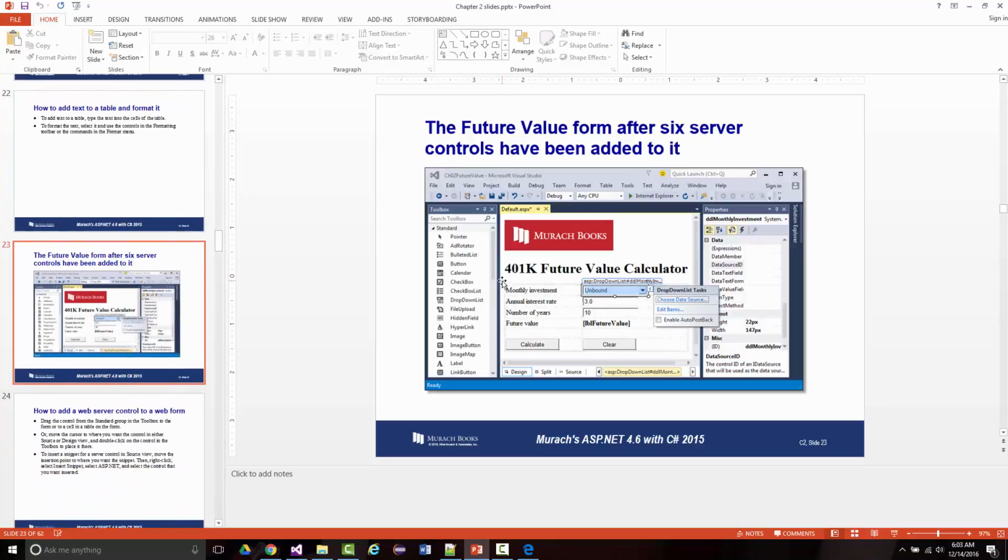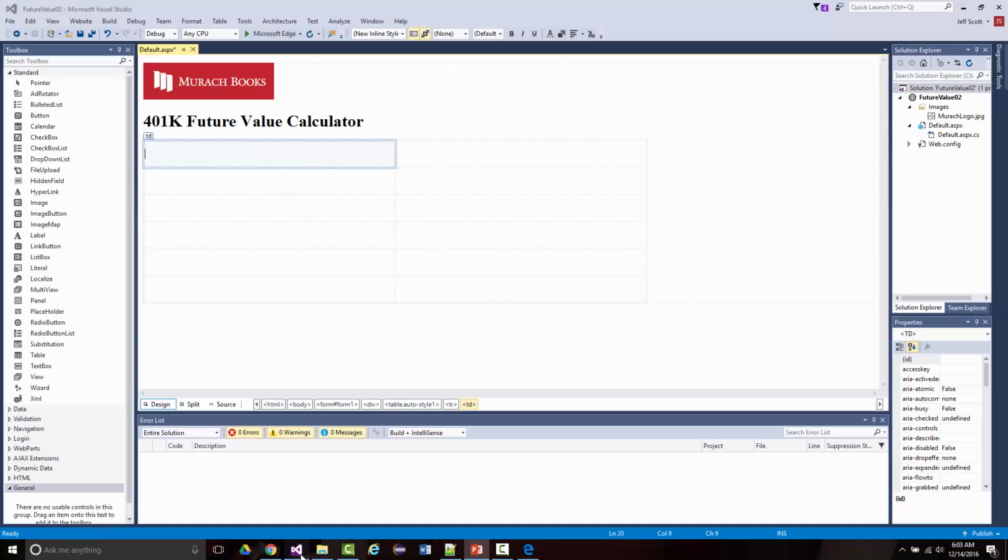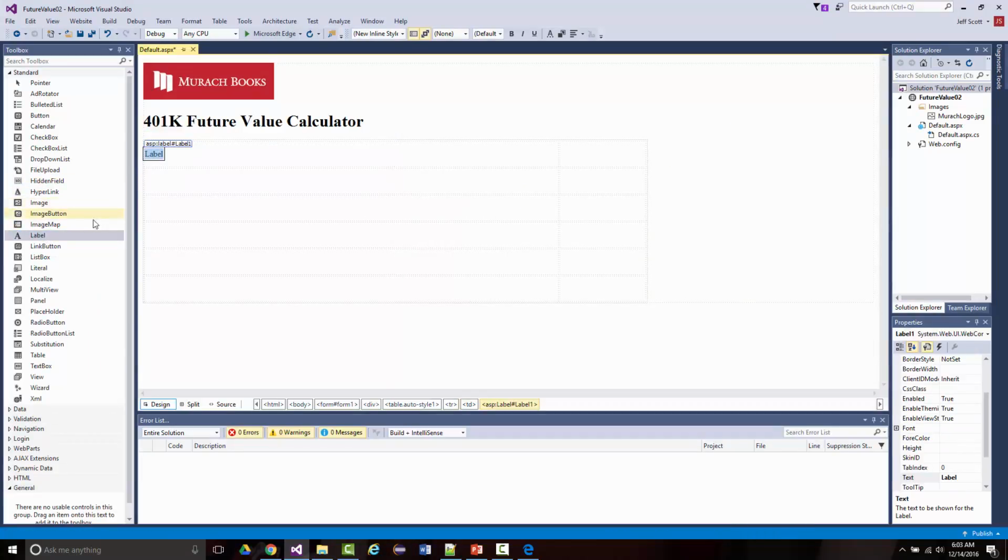To add text to the table, I've got my choice here. In the first 4 rows of column 0, rows 0, 1, 2, and 3, I want to put the text: monthly investment, annual interest rate, number of years, and future value. I can just start typing in raw text. It's not a problem. Or what I like to do is come in here and start dragging in labels. So label,